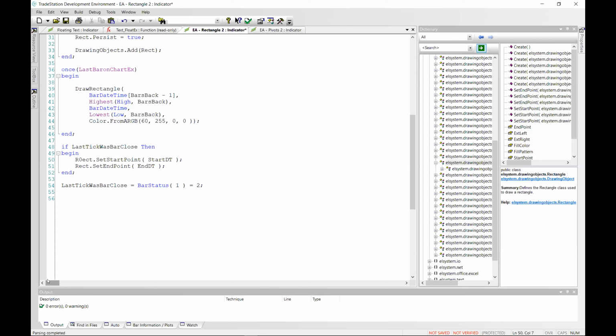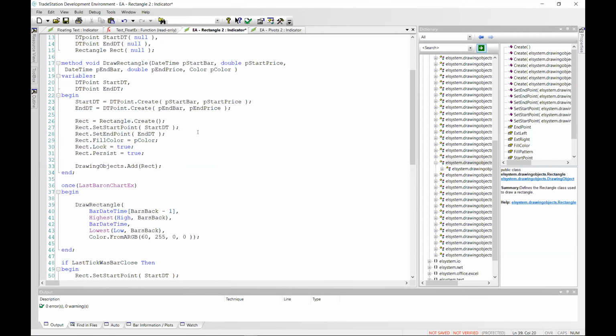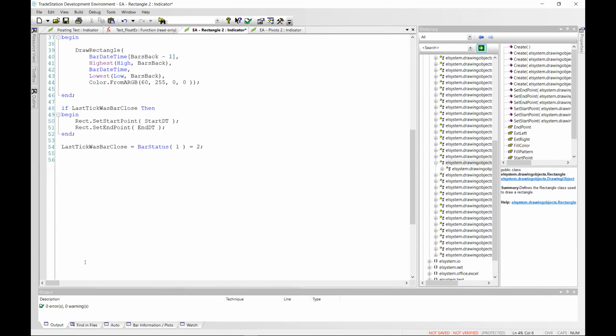Okay. Set the start point, and I'm going to need to redo this part too.